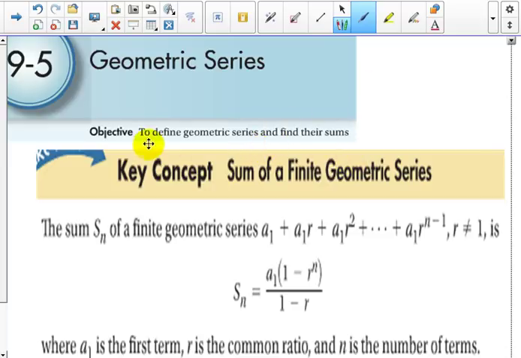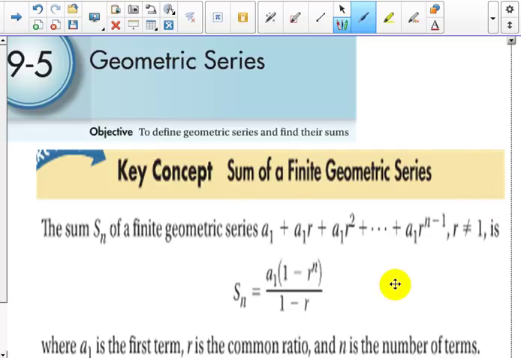Okay, the lesson for 9-5 in Algebra 2 is about geometric series. Our objective is to define geometric series and find their sums. So for our key concept, I would like you to copy this in your notes, so pause if you must,